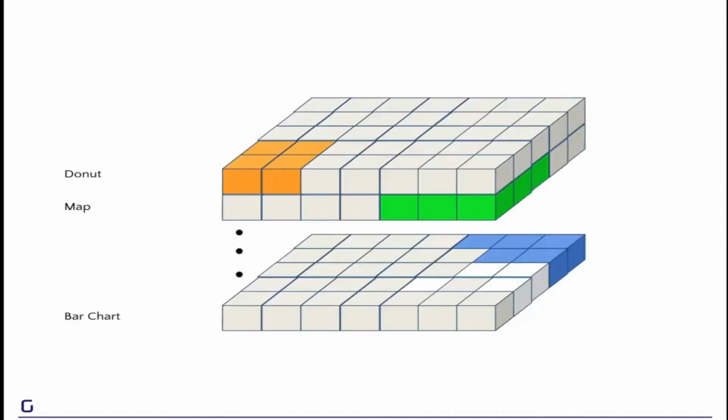Therefore, when we process an arbitrary image tile by tile, we come up with a structure like this. For each class, you generate a layer of attention. So let's say that we have donuts, maps, and some other classes, and there is also a bar chart. So for each type of chart, we basically generate an attention layer, a layer which is the same size as the tiled image, which basically tells us where a particular chart is. So when we see these orange boxes in the donut layer at the bottom left, what it means is that there may be a donut chart at the bottom left of my page. Similarly, there may be a map at the bottom right of my page. And similarly, there may be a bar chart at the top right of my page.